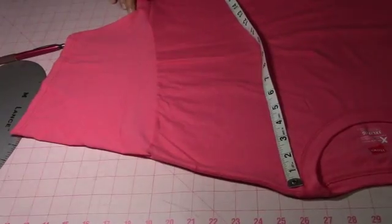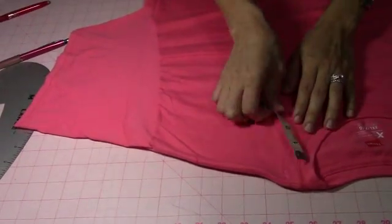Hi, today I'm gonna be showing you how to resize a t-shirt. I got here a 3XL t-shirt and I'm gonna turn it into a ladies t-shirt. Okay, we're gonna start by